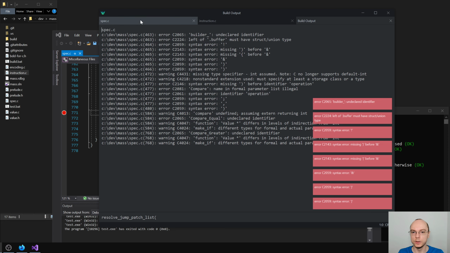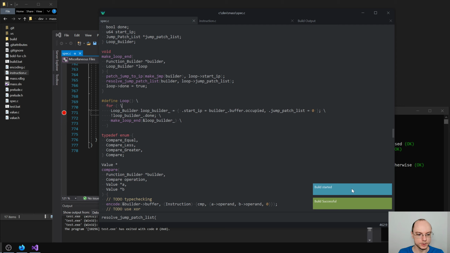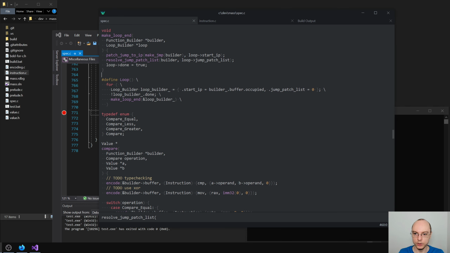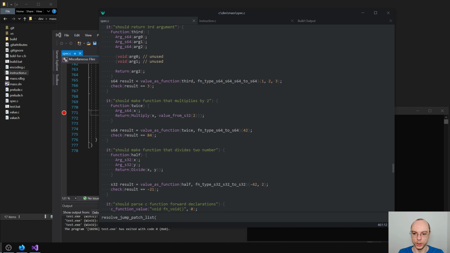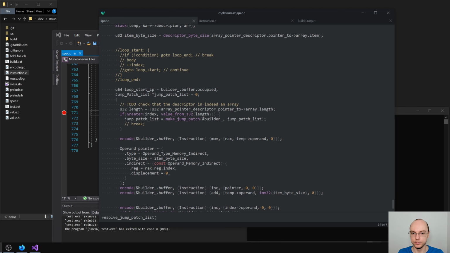Builder undeclared identifier. Oh, yeah. Macro syntax always trips me up. So I forgot the slash here. Okay, it shouldn't change anything because we are not actually using this loop, but we can do so right now and hopefully make our code look just a tiny bit nicer. Before we do though, we also need to have another thing here, which is, okay, let's go back to the loop,